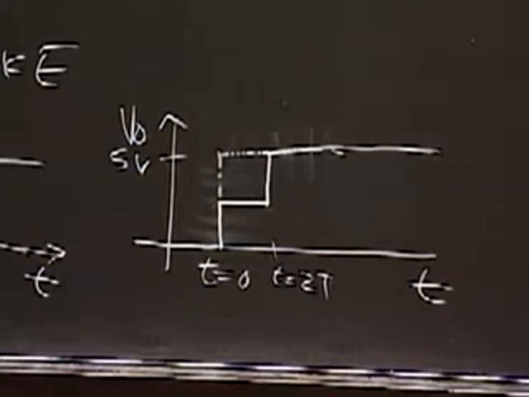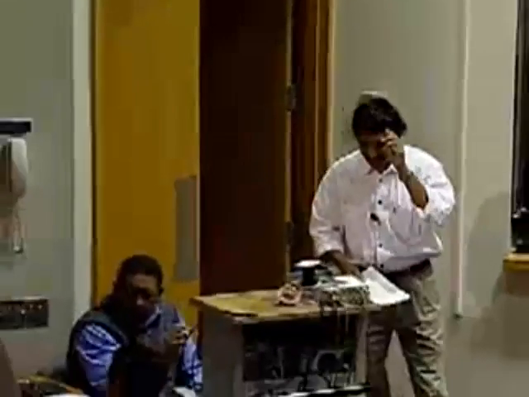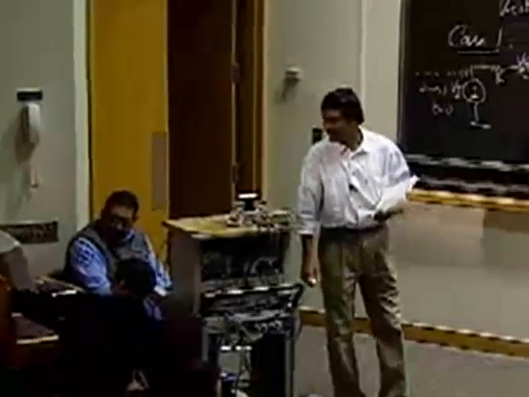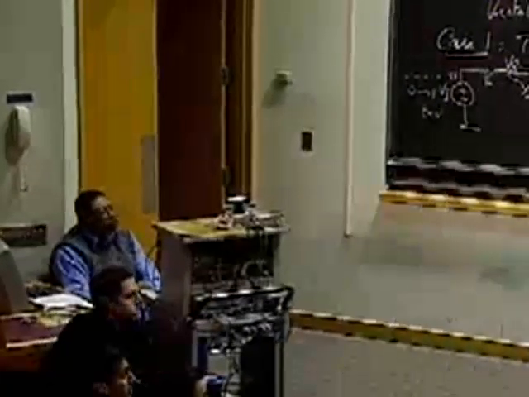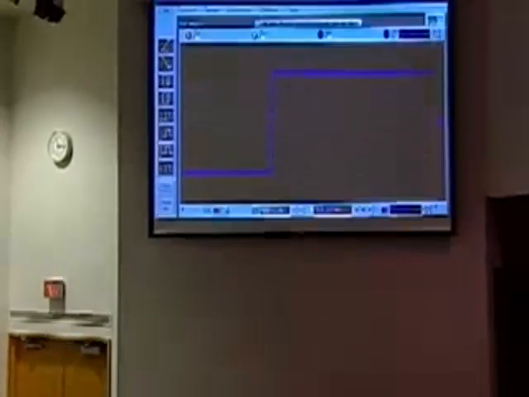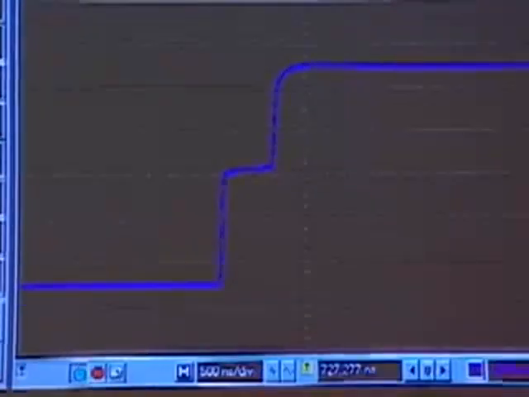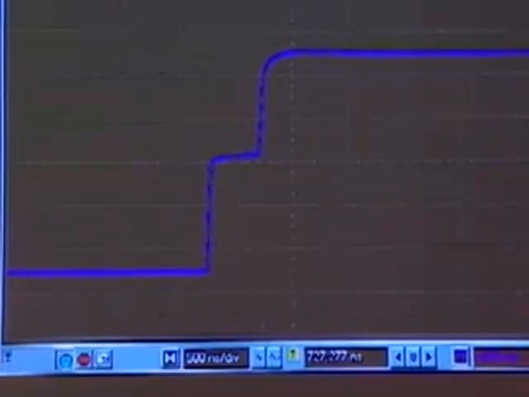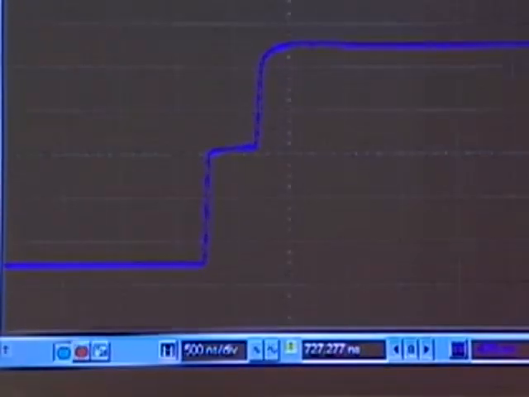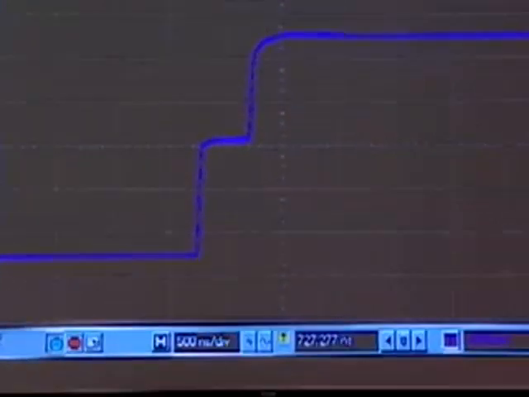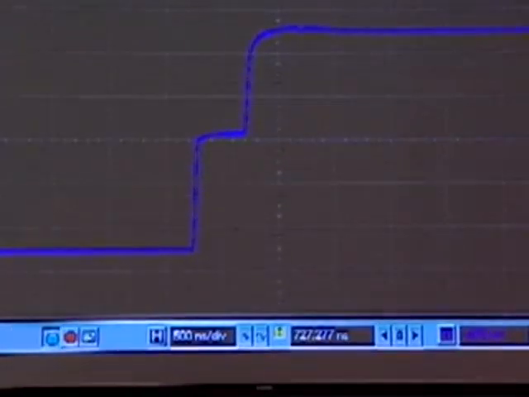So let me show you a quick little demo. So that's the input VI. So that's the input VI that you expect. And I won't do anything to my circuit at this point. So let's see what happens now. There you go. So now I'm showing you the output here at VO. So at VI, it was a nice little step. And at VO, notice that I get something that behaves like this.